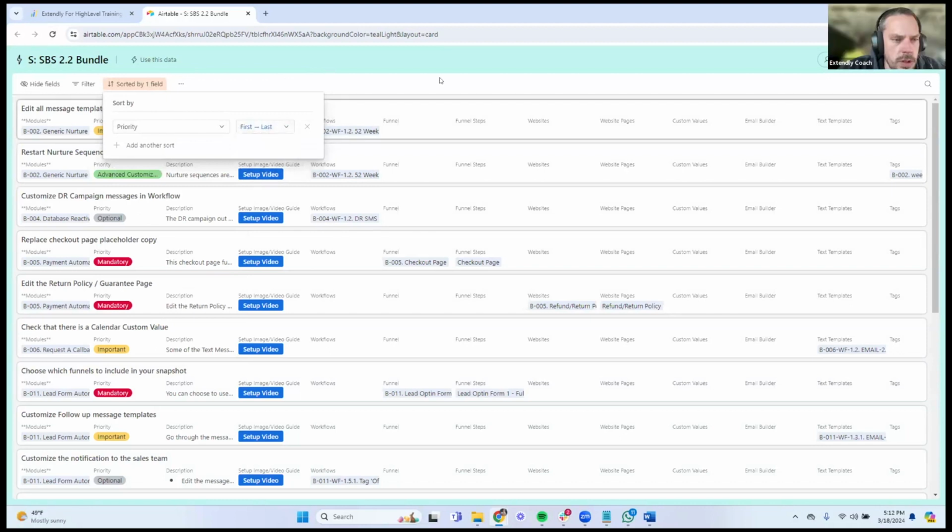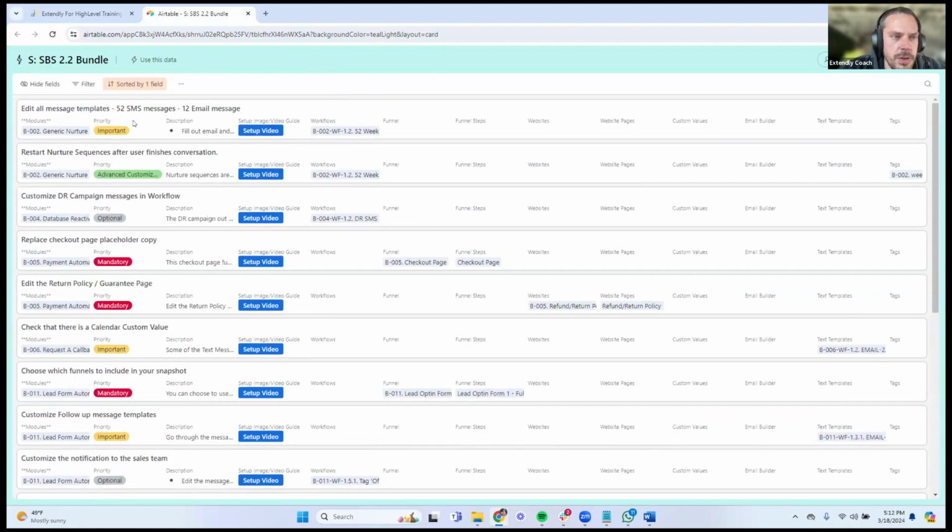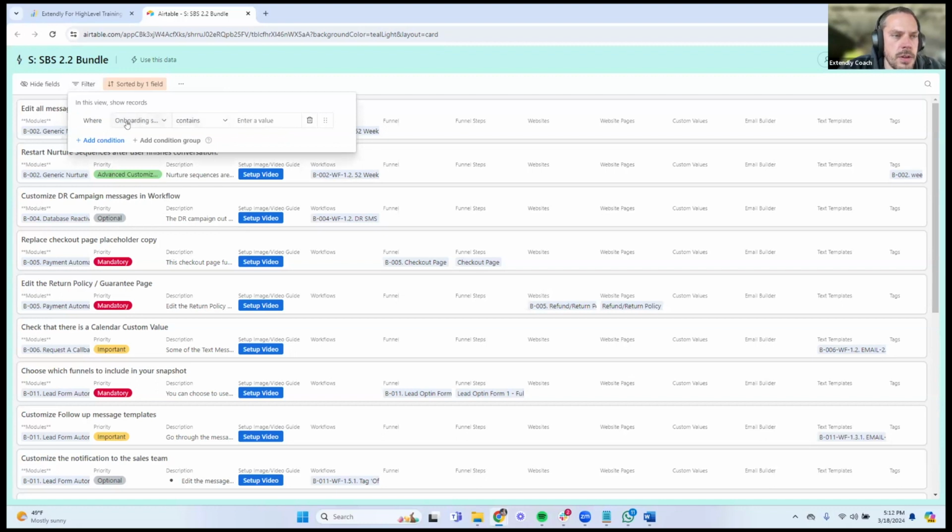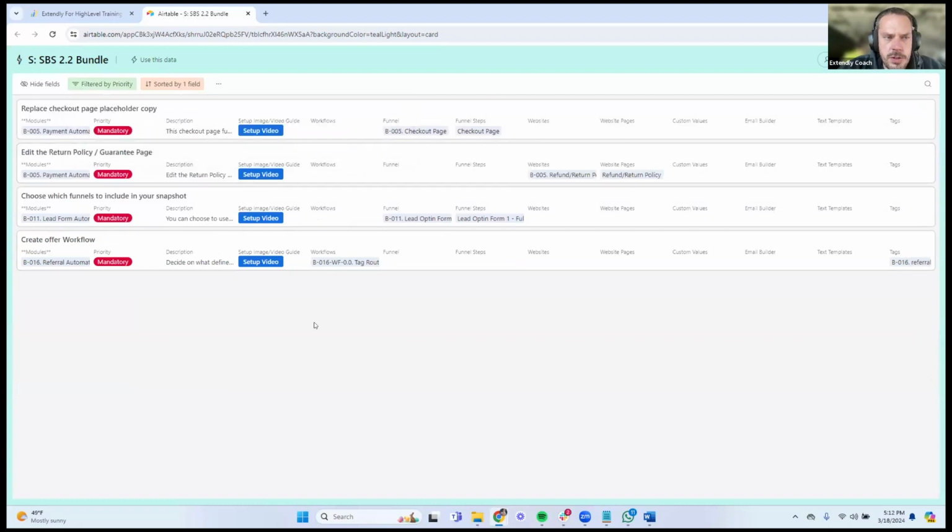Oh well. We can actually just filter. Let's just filter, and then add condition and filter by priority. Is, and then mandatory. All right. So these are the things that